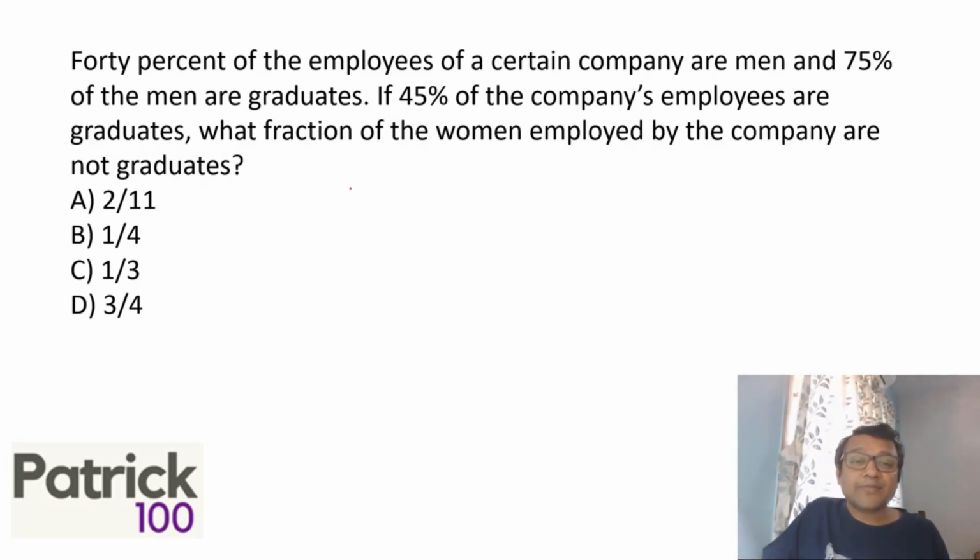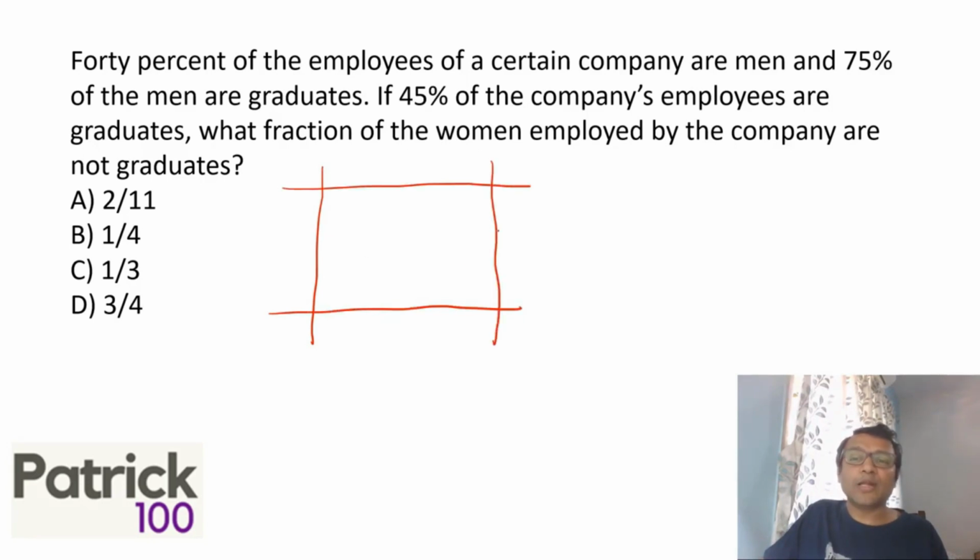One approach for this particular sum is a 2 by 2 table. You can do it directly also, but just saying, one approach is to draw a 2 by 2 table where you have two variables, men and women, and two more variables, graduates and not graduates. Right? So that's how this 2 by 2 table works. Here, since everything is given in percentage, you can assume the total is again 100.